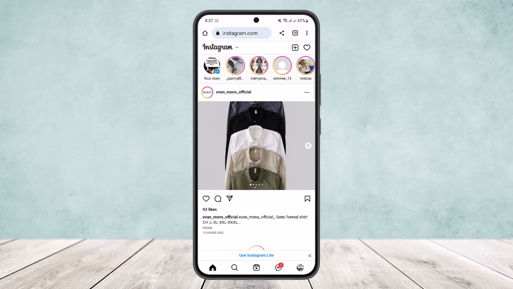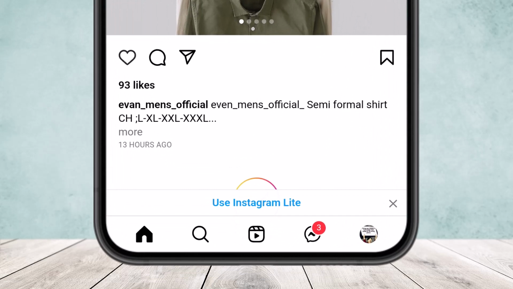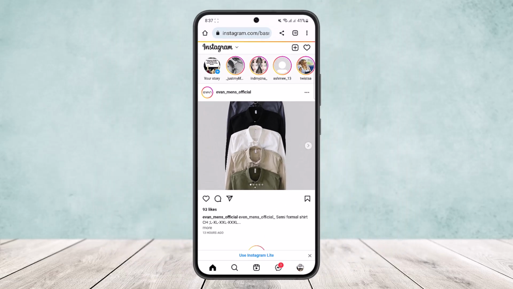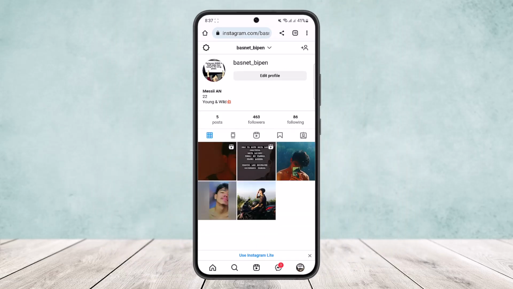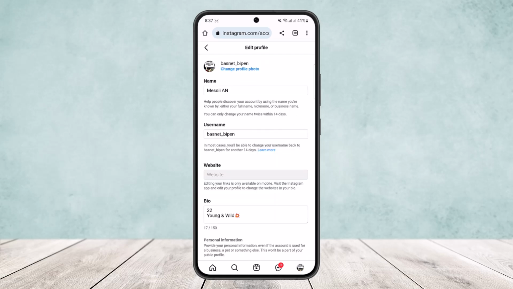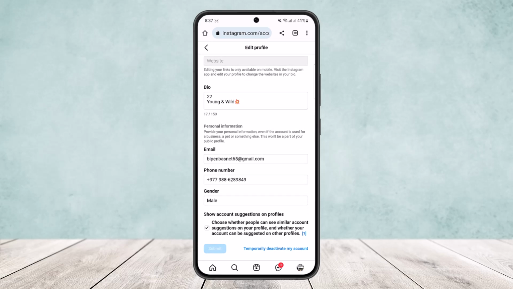Now once you're logged into your account, you'll get an interface like this on the browser. Tap on the profile icon at the bottom right corner of your screen there. Simply tap on there, and once it loads up, tap on the edit profile option that you can see on the screen. Simply tap on the edit profile option here, and if you scroll all the way down below, you'll find the option